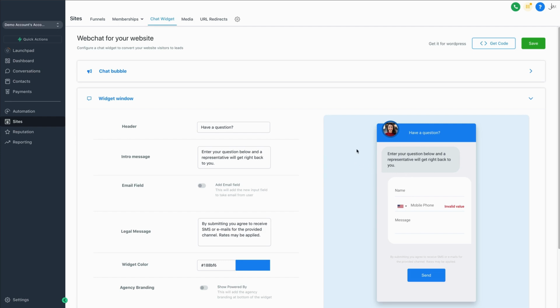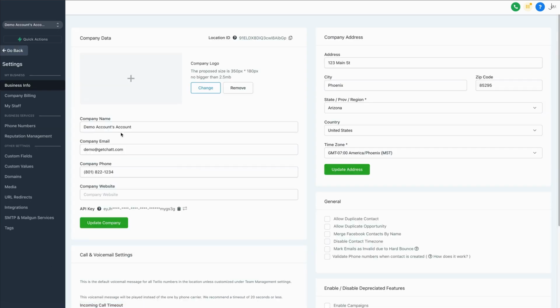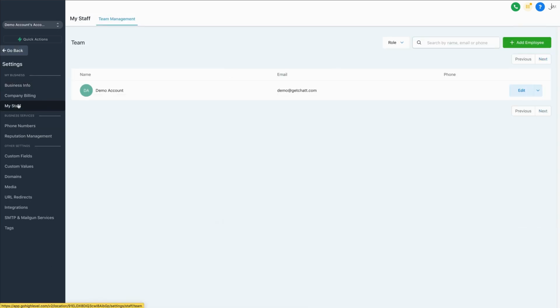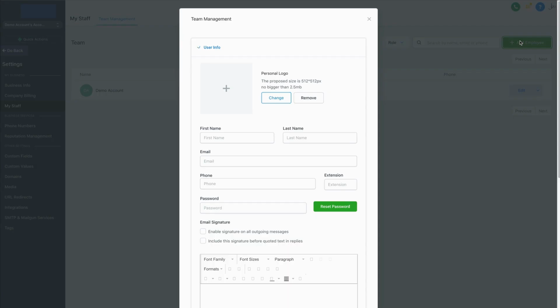Now, let's show you how to add team members to your account so they can help you with lead follow-up and lead management. So all we're gonna do is click on settings, and then from here, we'll click on my staff, and you can see you have all of your team members right here. If you'd like to add a new team member, all you have to do is click on add employee,